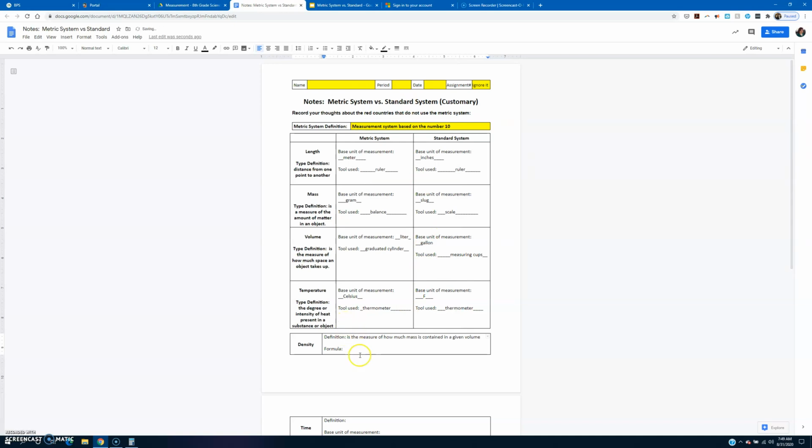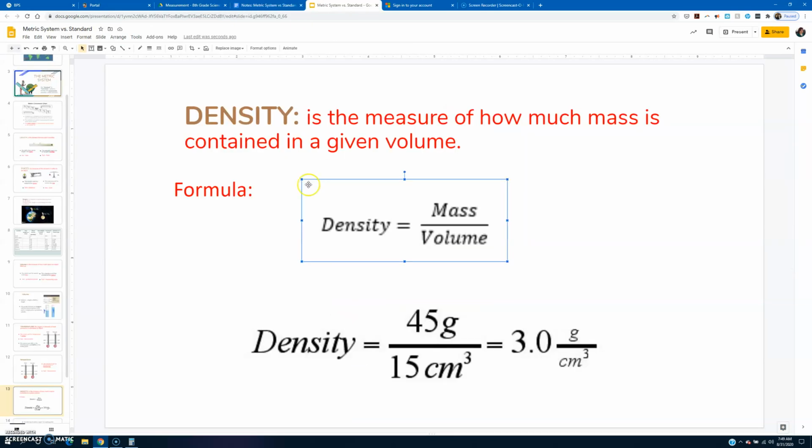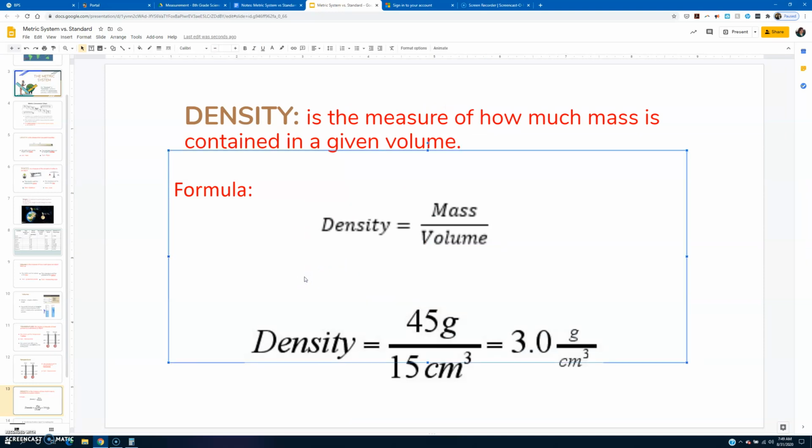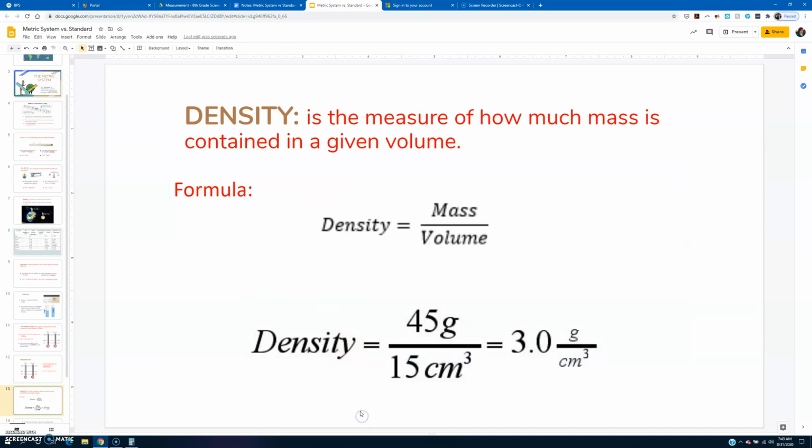So just mass, meaning if I grabbed, I don't know, paper clips, I could grab a whole bunch of paper clips, the mass would be huge. But the density is going to be the same because when I take the mass divided by the volume, I'm always going to get the same ratio for each specific object. So paper clips always have the same density as every other paper clip. Sugar has the same density all the time, no matter how much sugar you have. The amount may change, the volume may change, but when you divide the two numbers, you're going to get the same thing. So the formula,